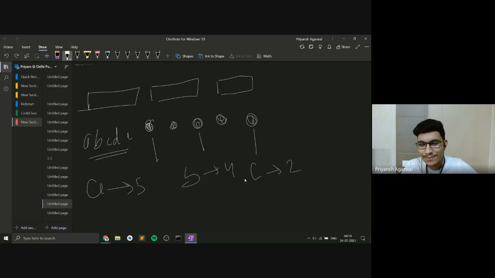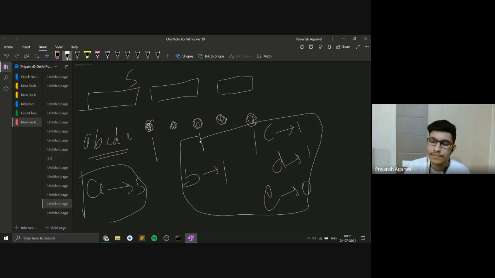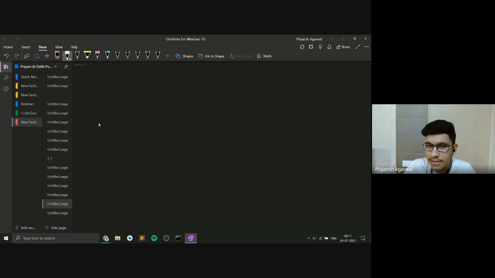I am again explaining the problem that I actually understood during the contest. The problem was actually different. So let's say B is occurring 1 time, C is occurring 1 time, and D is also occurring 1 time, E is occurring 0 times. Clearly, A is occurring 5 times. And all the other characters in total, B, C, and D, are occurring 3 times, right? So this is the condition that you need to maintain. The character that is occurring maximum number of times should be greater than the sum of all the other characters. Okay. So this is actually the problem, but I'll tell you what exactly I was solving and how exactly it is so difficult to solve.